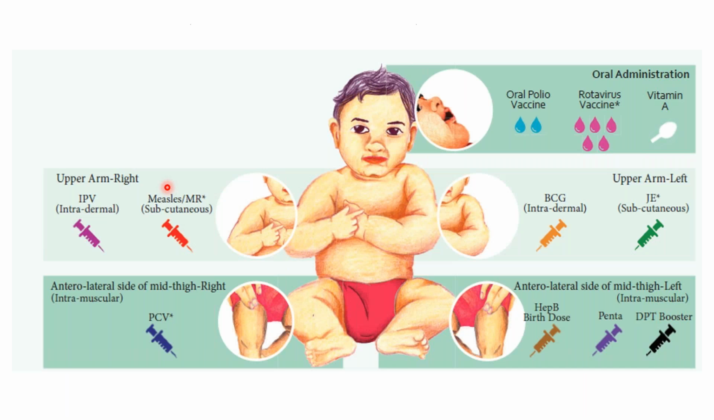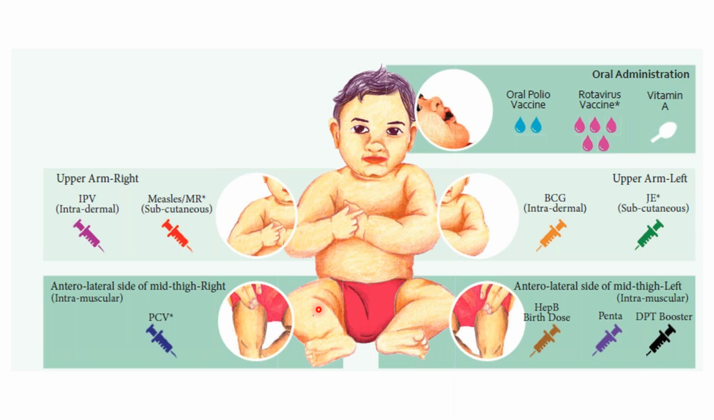So orally, we know oral polio vaccine, rotavirus vaccine, and vitamin A, which is usually the first dose given along with the measles vaccine at 9 months of age. Intradermally, we know BCG is given in the left upper arm, and subcutaneously, Japanese encephalitis vaccine may be given at this site. The right arm, usually what is recommended is to give intradermal IPV, measles, and MR vaccine